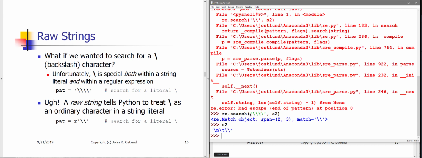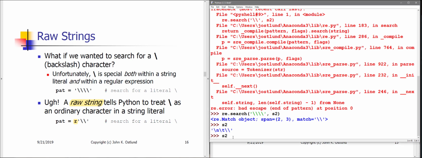All right, so this is madness that I have to use 4 backslashes in my pattern string in order to search for 1 \ in this argument string here. And consequently, what we need to get in the habit of doing is to put an R, meaning raw, in front of our pattern string. Putting R in front of a string literal, that is, putting R in front of some sequence of characters between a pair of single quotes or a pair of double quotes or a pair of triple single quotes or a pair of triple double quotes, means that the \ is going to be treated as a literal character within the